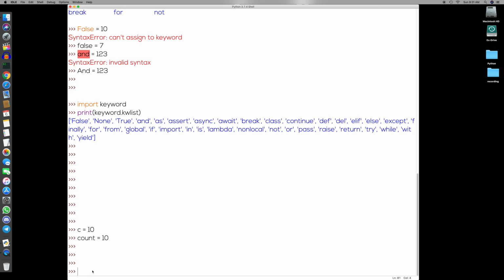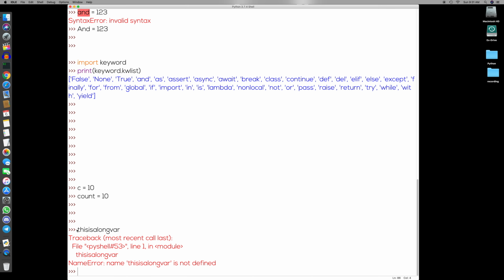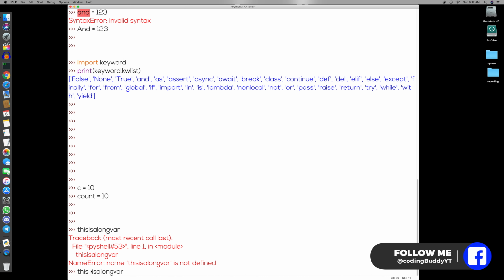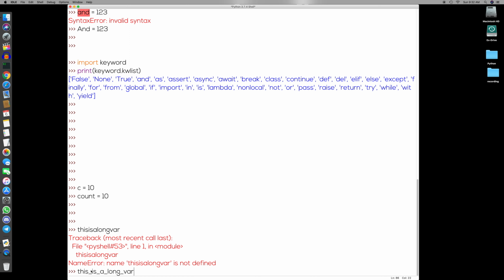The next tip would be, it's a good idea to use underscores for long variable names. For example, if you have a variable name like thisisalongvariable, it's not a good practice to define any identifier like this because it's very hard to read. If you have such a situation, you can use underscores to separate the words in your variable, right? If you separate your variables like this, it's more readable. So that would be another takeaway.